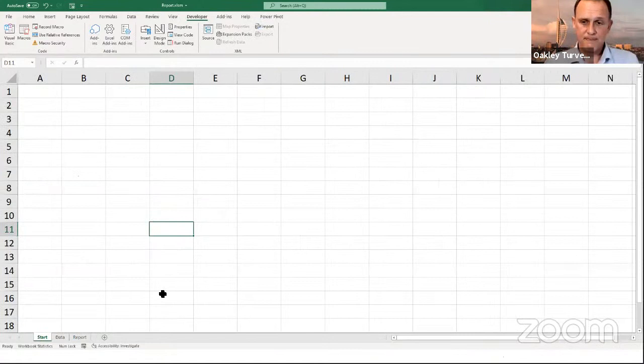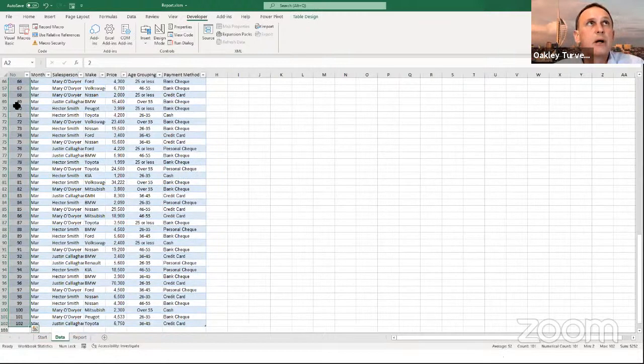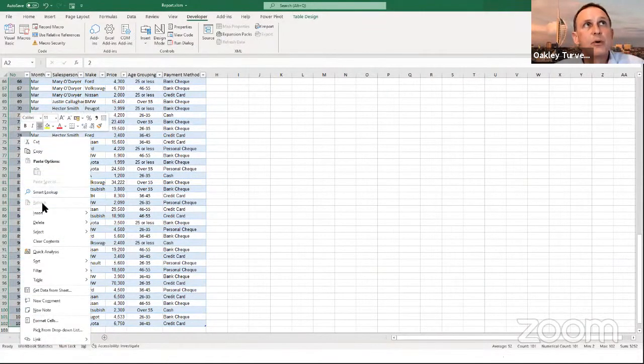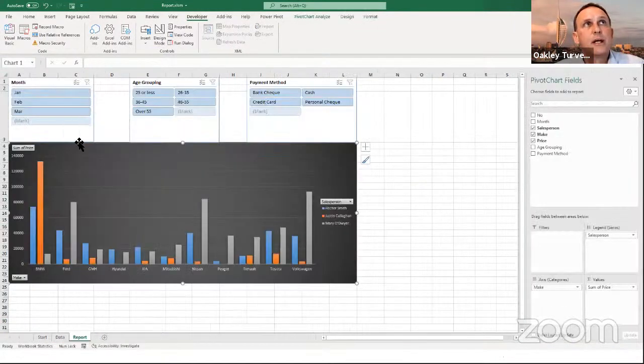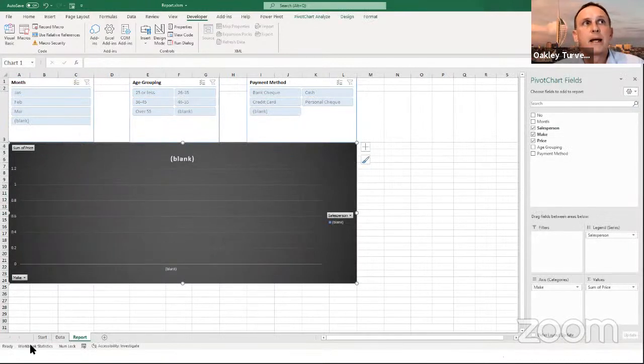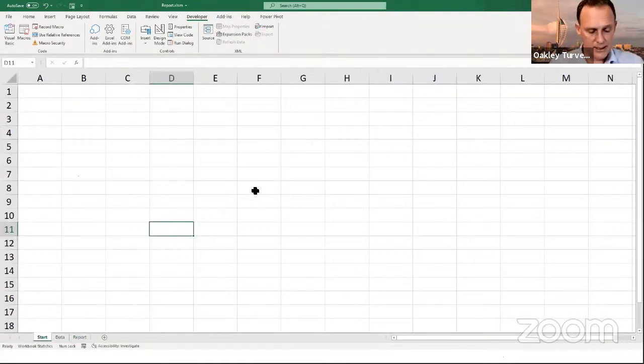Okay, that's pretty much recorded all of the macros that we're going to do for now. So let's just have a look at what they do. Let's have a look at the code itself as well. But before we do that, I need to clean this out a bit. So I need to actually go through here and remove all of these rows and go back here and refresh this. So it's back to our blank report sheet.